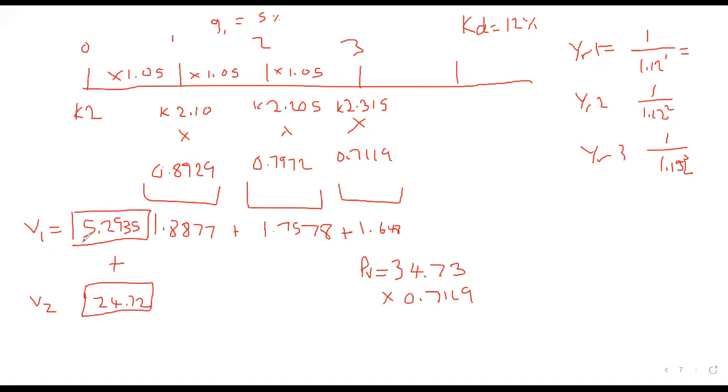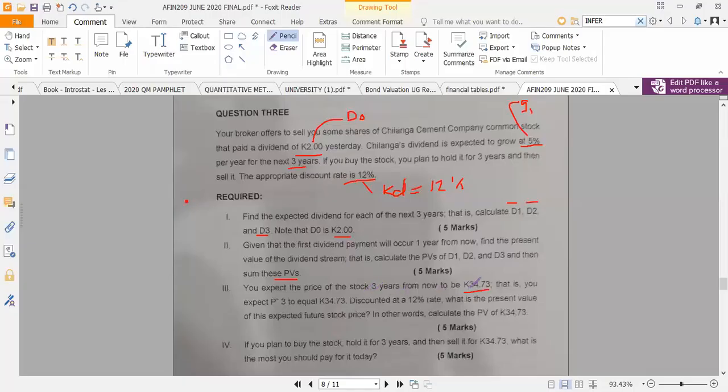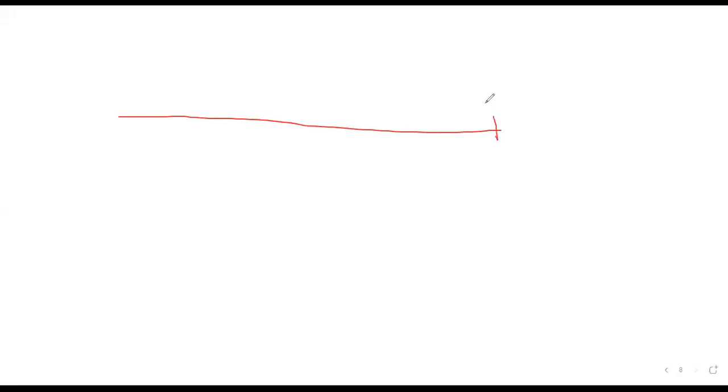Sorry, I'm still on the previous one, on the present value. So here we've been given that as of year 3, the value of stock is 34.73. That is at P3. They are asking you to discount it at 12%. So in short, you are told, what is the value now if at year 3 it is 34.73? So we've got the future value, and now we are trying to find the present value. Yes, yes. Okay.